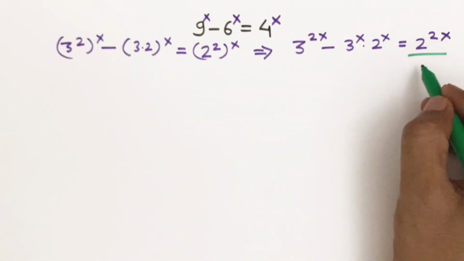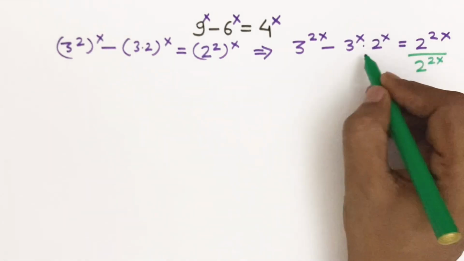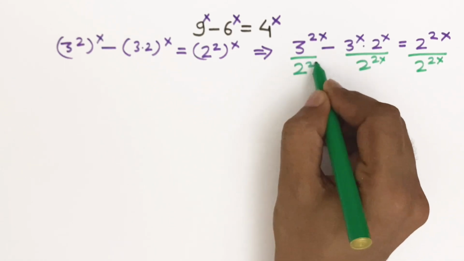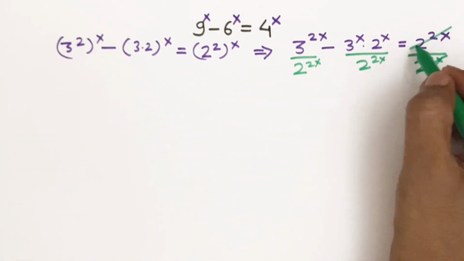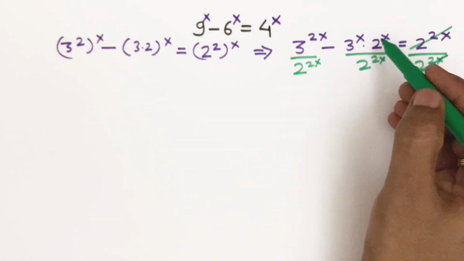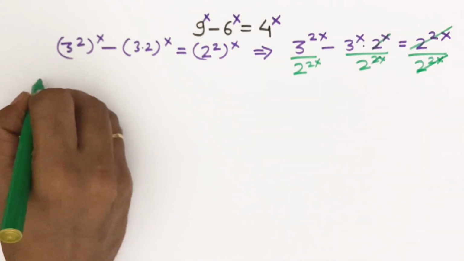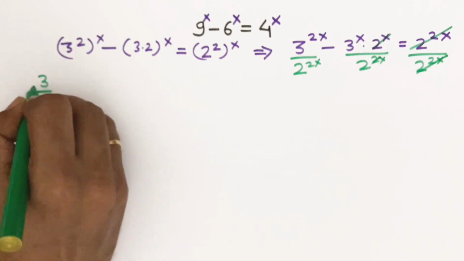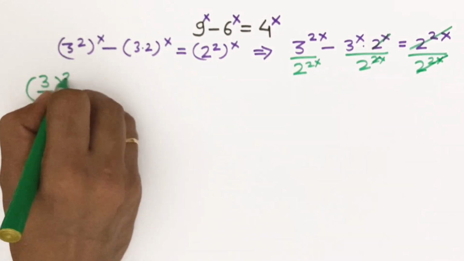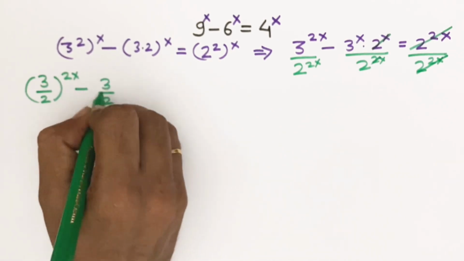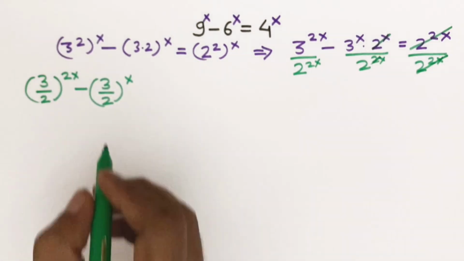Now divide by 2 to the power 2x on both sides of the equation. So this cancels this 2 to the power 2x, and this one power cancels this. So this simplifies to (3 divided by 2) to the power 2x minus (3 divided by 2) to the power x equals